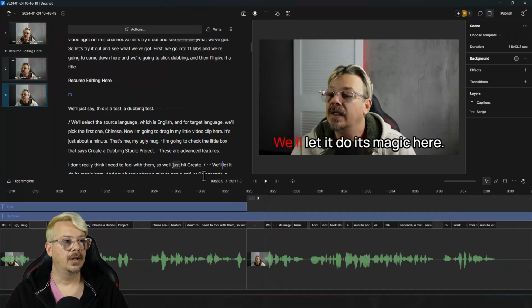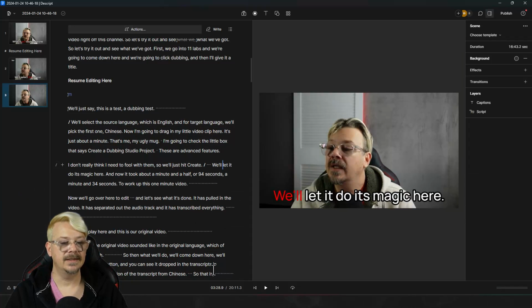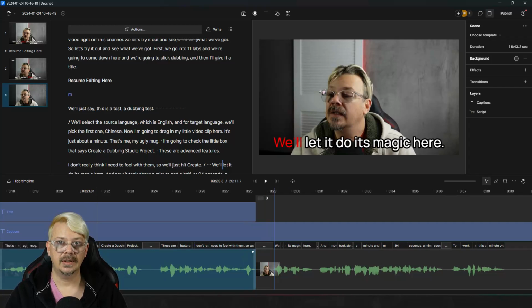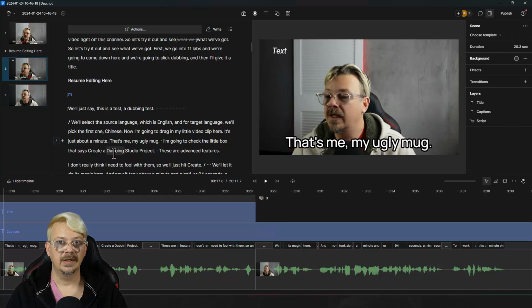Another obnoxious change they've made is that by default, the timeline is hidden. And as you can see, I rely on the timeline a lot. I can't imagine why anybody wouldn't. There's no option in here to set this to show the timeline when you come into the project. It is by default hidden, and every time I open a project, the first thing I gotta do is open the timeline back up.